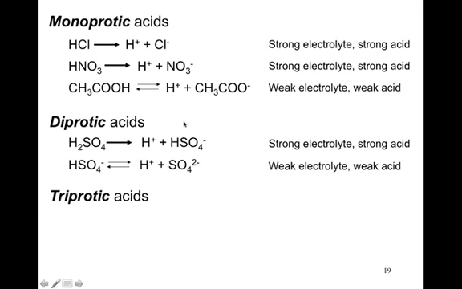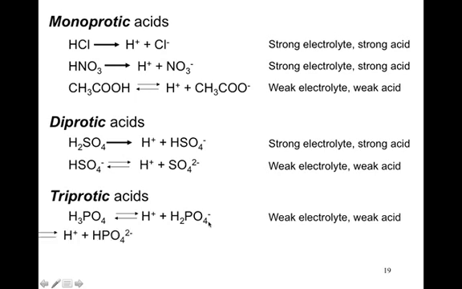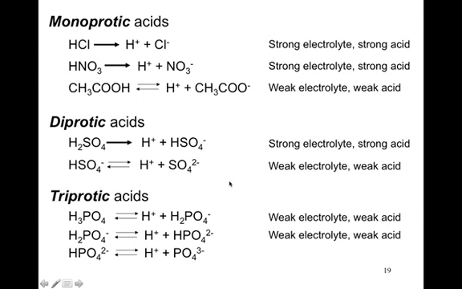So then there's triprotic acids, which of course you're getting the trend by now. This would be 3 hydrogens. So this I think is phosphoric acid, and it could give up one hydrogen and become H2PO4 minus, and then it can do it again and become HPO4 2 minus, and then it can do it again and become just PO4 3 minus. And you see here, weak electrolyte, weak acid, weak electrolyte, weak acid,